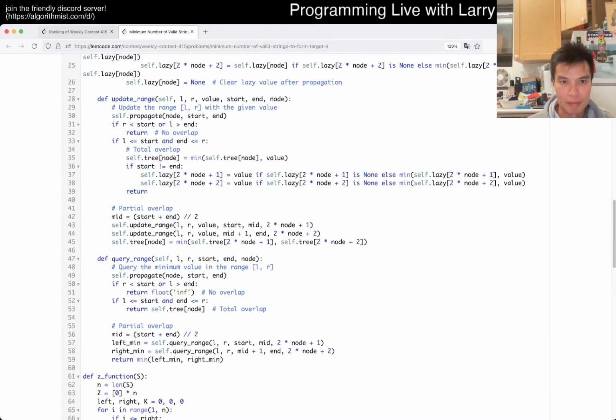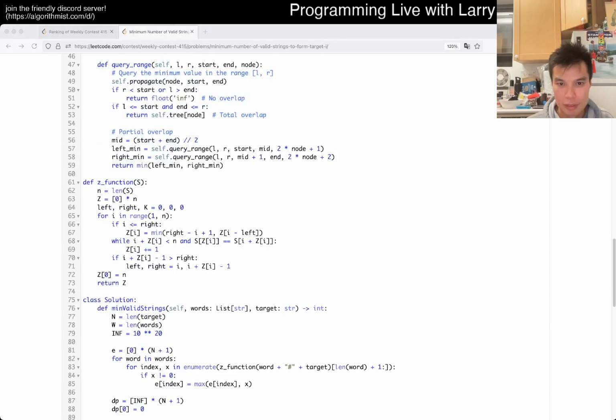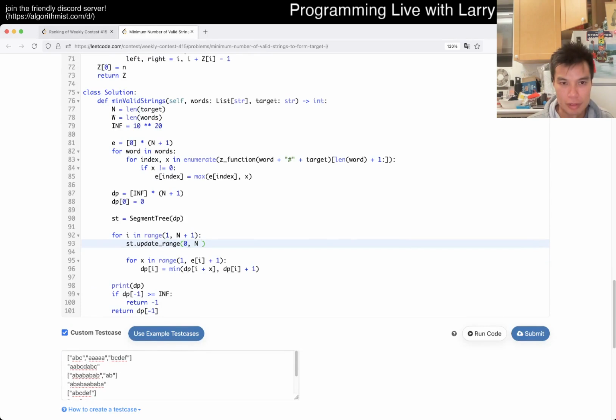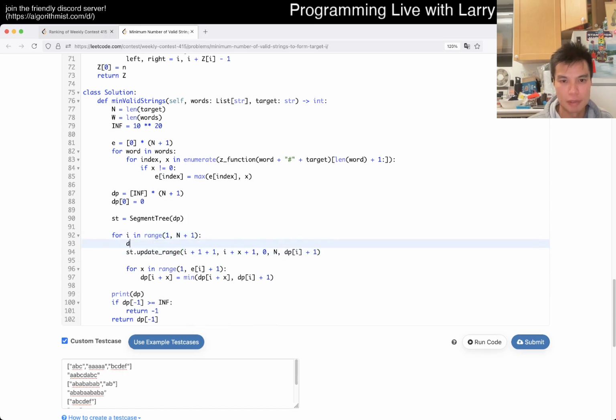what is this start node thing? I always forget how to use it. Oh, 0 and then -1. So we want to update from, this is I plus X, right? So we want to update from I plus 1 to I plus X plus 1, and we want to update it to dp sub I plus 1 if it's min, right? And then we say dp sub I is equal to the seg tree query range or whatever of